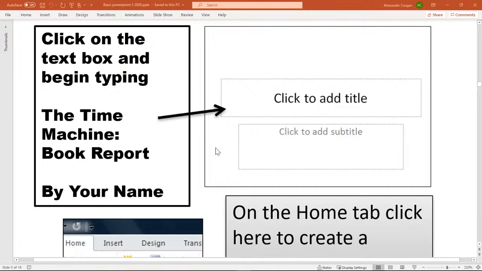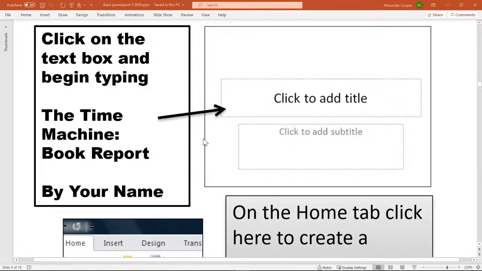One good thing to note is when we actually do our PowerPoint, any of the text boxes that say click here to add text will not show that when you're showing the presentation. Where it says click here to add text, if I go in presentation mode, it won't say that. It'll just be blank, okay? If I type something there, of course, it'll show up on the screen, but it just lets you know.